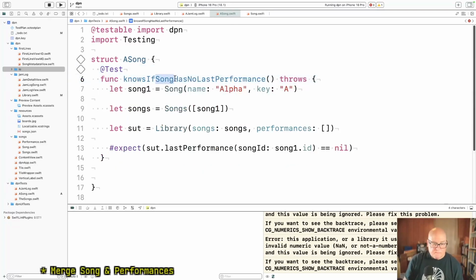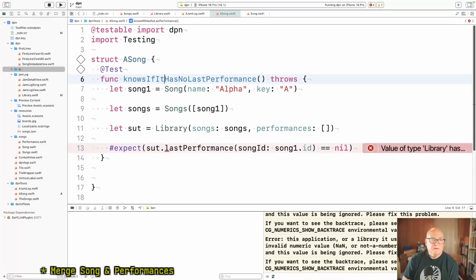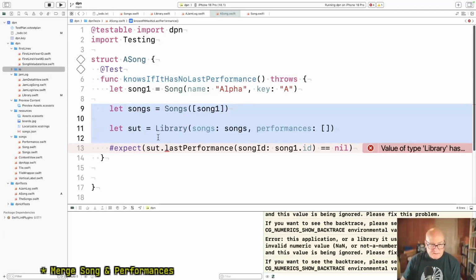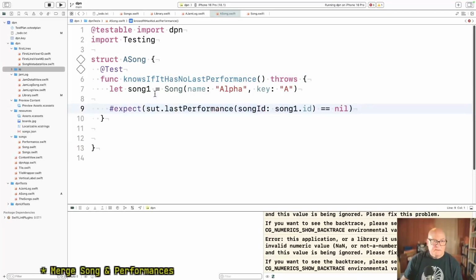Knows if it has no last performance. Okay, now we don't need this. We don't need this. Let's just call this sut.